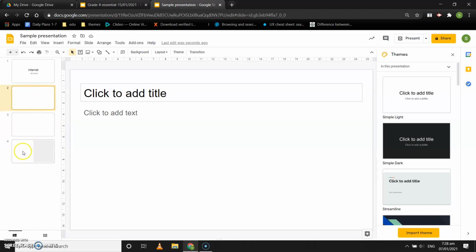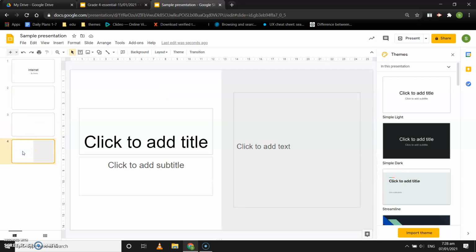number 2. If I want to add a slide after slide number 4, and pay attention to the layout of slide number 4, I click on slide number 4 in the slides pane and then I press enter. Now as you can see, one more slide has been added, and the layout of the new slide, as you can see in front of you, is the same as slide number 4.